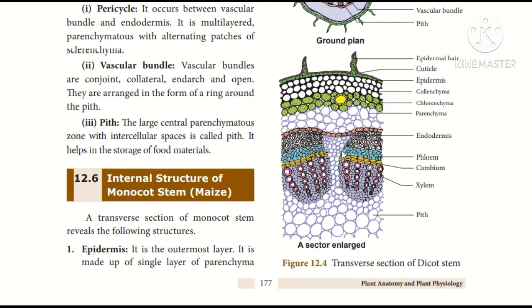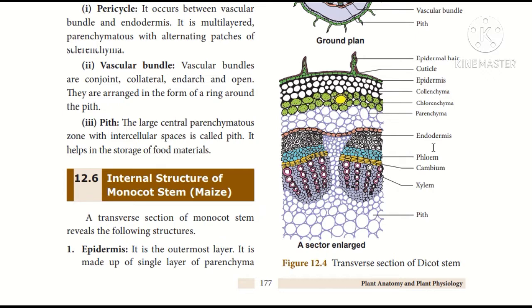And the third layer will be the stele, that is the central part of the stem inner to the endodermis, known as the stele, and it includes a pericycle, and the next one is a bundle cap. This is a bundle cap, you can see here children. So pericycle, bundle cap, and the next one will be the vascular bundle usually seen here.